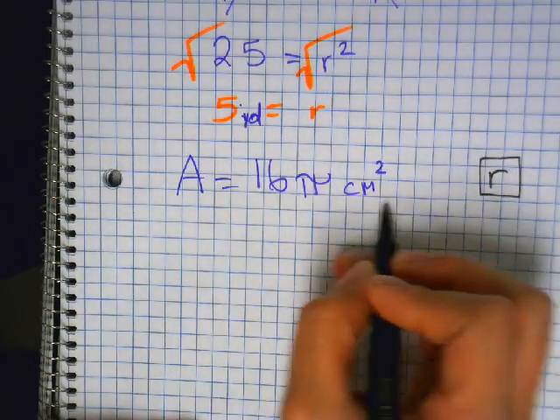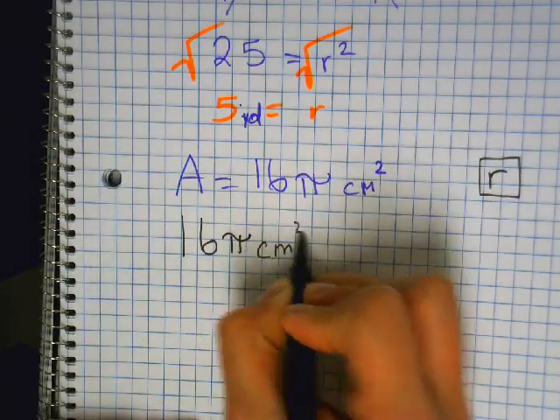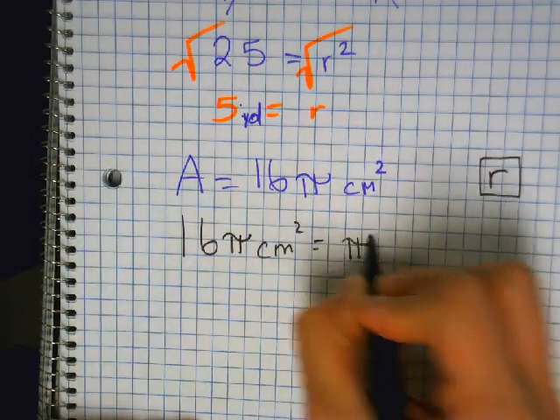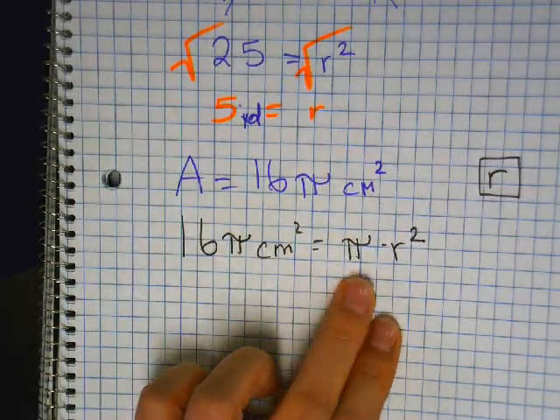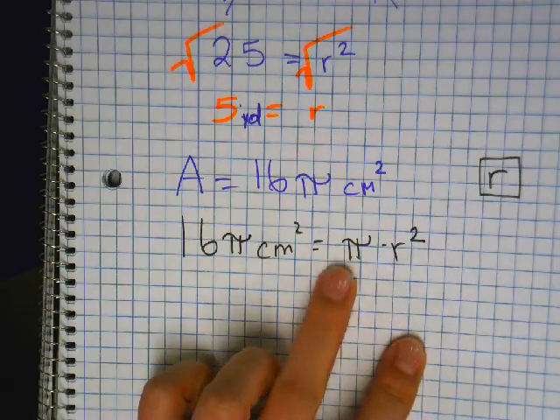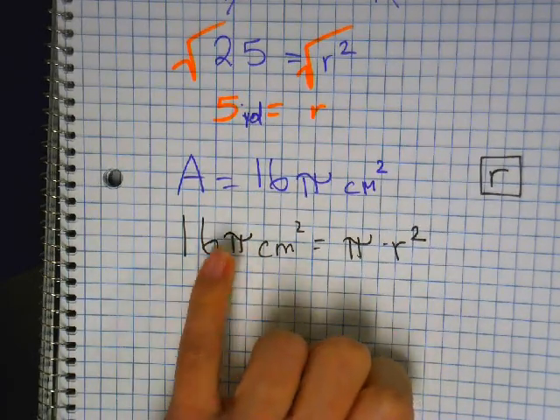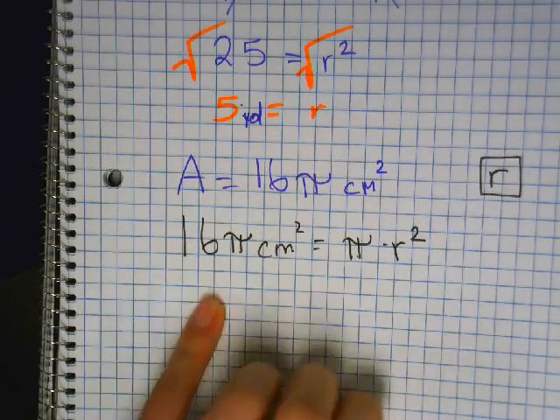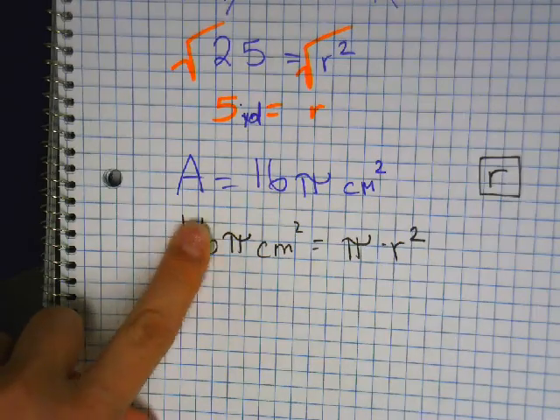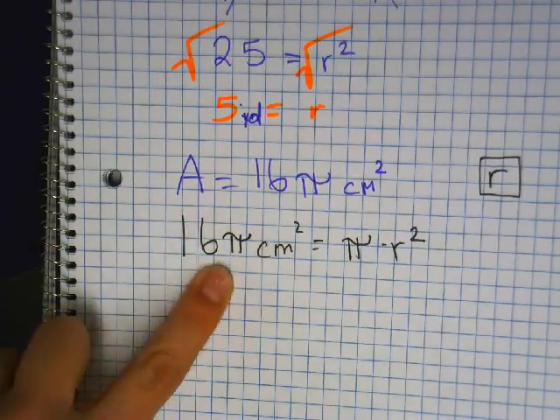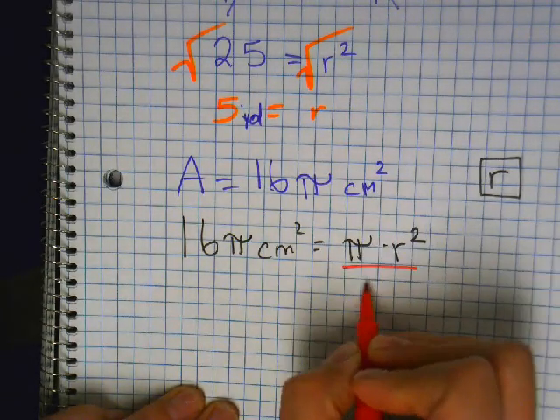How did I get this? 16 pi centimeters squared is equal to pi times radius squared. Right? Because to find the area, pi times radius squared. So I'm trying to solve for radius. Radius is right here, but it's hidden. It's not 16. So when I divide by pi,